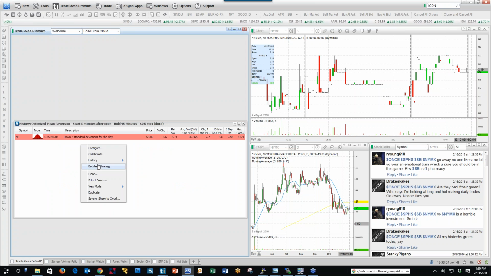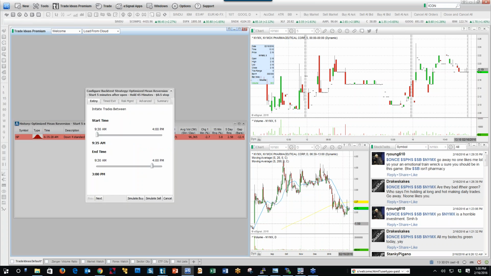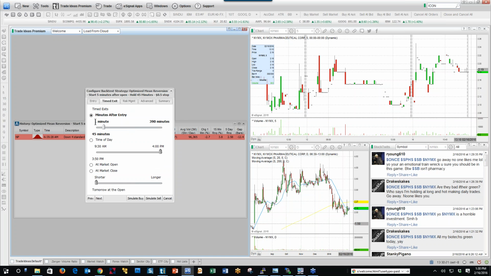Let's go ahead and backtest the strategy. This is our set of instructions that we're feeding to the computer. We're telling it, I don't want to trade the first 5 minutes of the day, so we're going to start at 9:35, and I'm not going to initiate any positions during the last hour of the day. The timed exit, we're going to say we're going to hold this for 45 minutes,